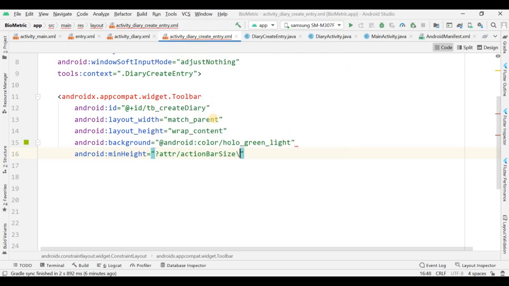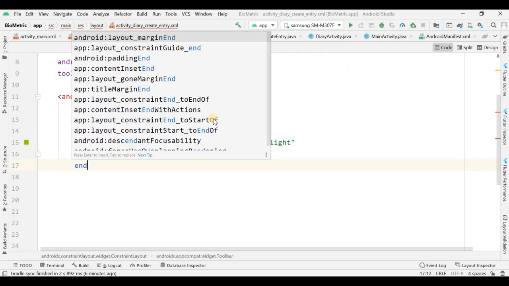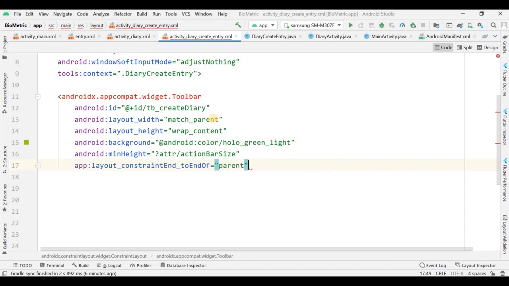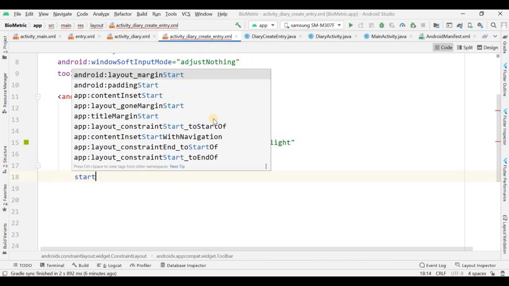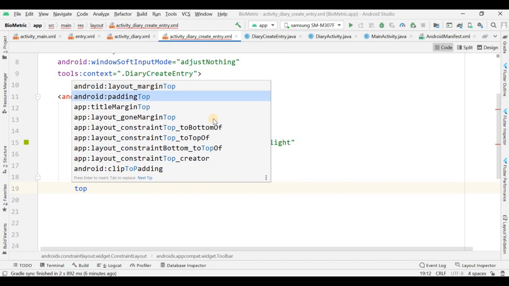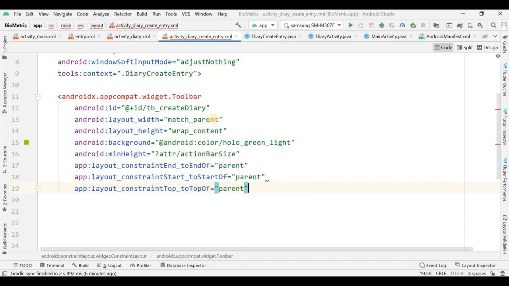Okay, so it will automatically take that. Okay, no issues. Now the constraint layout properties will be there, like end to end of parent, and then the again property is there, and this property is start to start of parent, and then top to top of parent,